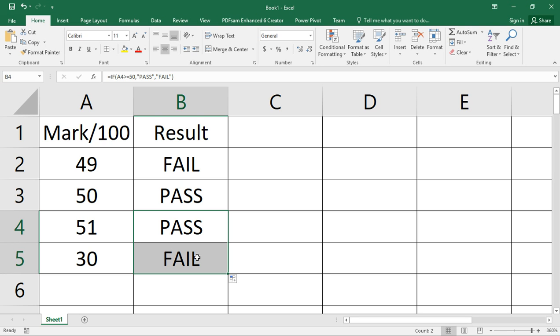So that's it. But this is just for when we have one condition, only one condition to say it's either a pass or a fail. But usually we need to grade the students, a student needs a certain grade: you have an A, you have a B, you have a C, you have a D.